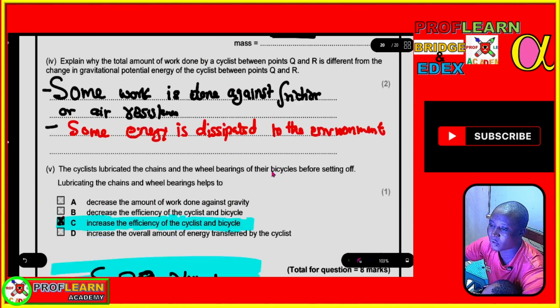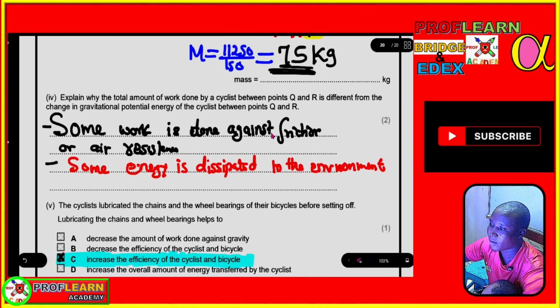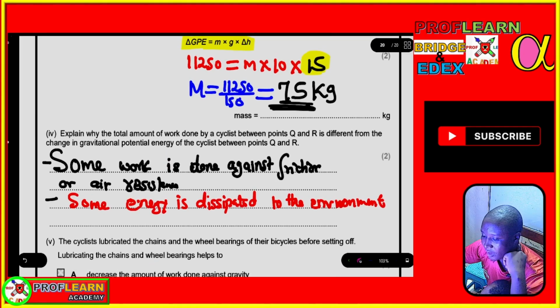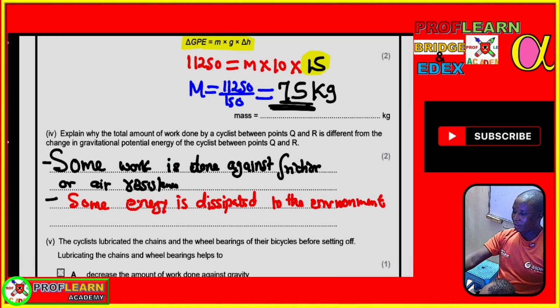Explain why the total amount of work done by the cyclist between Q and R is different from the change of gravitational potential. This is according to the law of